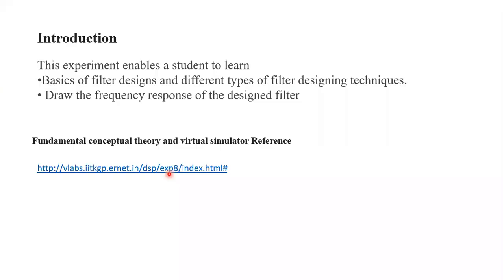In this video, I will teach you different filter designs and their different types and their impact on frequency response. And the second part is how to draw a frequency response of the designed filter using MATLAB. If you have any fundamental or conceptual problem related to these filters, then you can go through this virtual lab